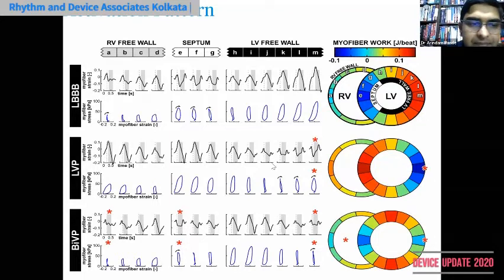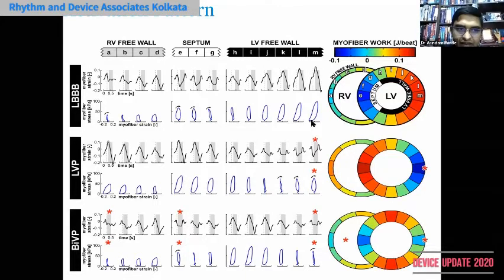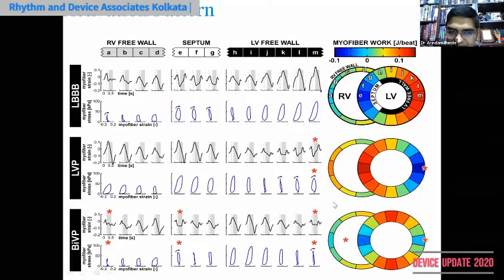Now, this is the activation pattern we can see. This is the LV, upper panel, left bundle branch block. So the lateral wall or free wall of the ventricle is the portion which gets the latest activation. Now in LV pacing, again it is reversed. We can see the blue portion is the position of the LV lead, which is giving the stimulus. Now, if we give biventricular stimulus, then from the RV side as well as the LV side there is continuous pacing, and they can create a very good fusion.